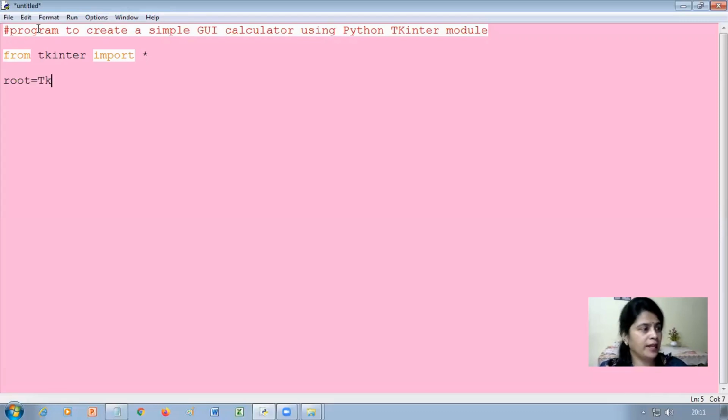You can give any name. For creating a window, we'll have to use the Tk function. Remember that T should be in uppercase. If we do this, then we can see that one window will be created. Now next thing is